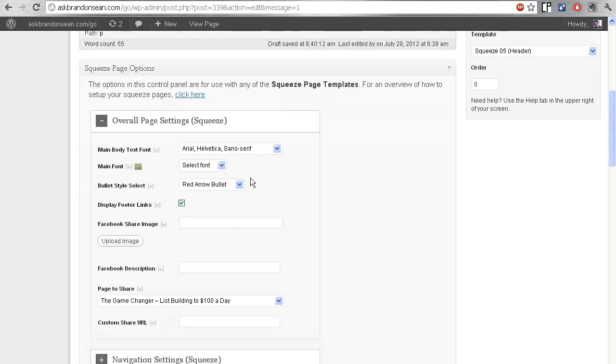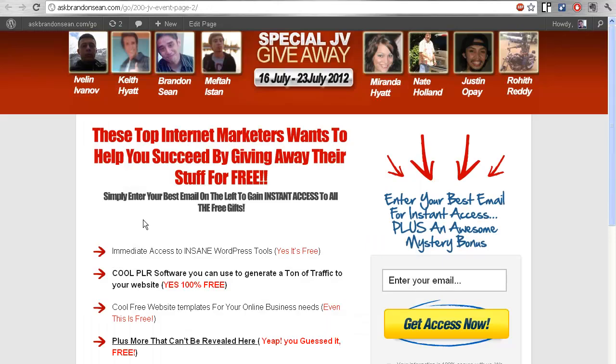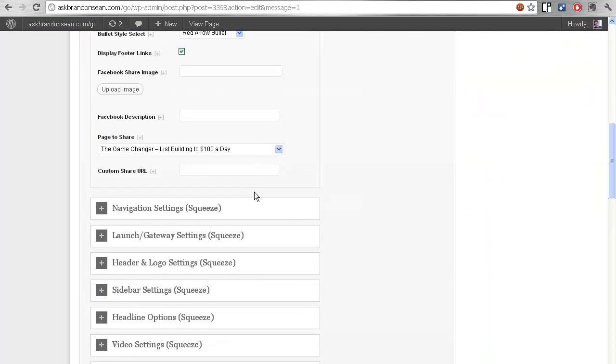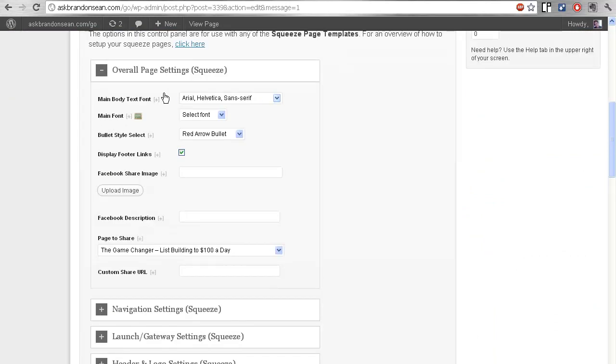I think this is by default. These are all the default settings, except for bullet style select. I use red arrow bullets, which gives the red arrows here. And then that's done. Now I'm gonna head over to the